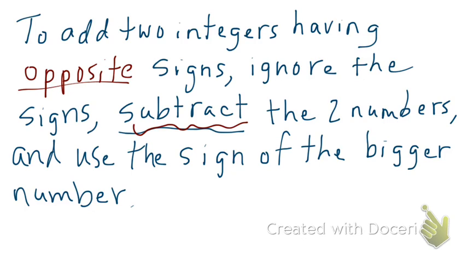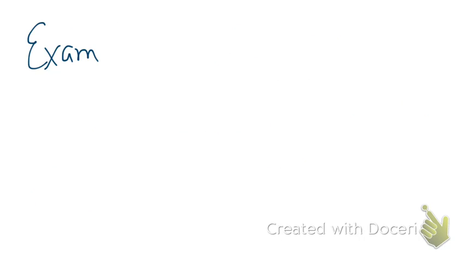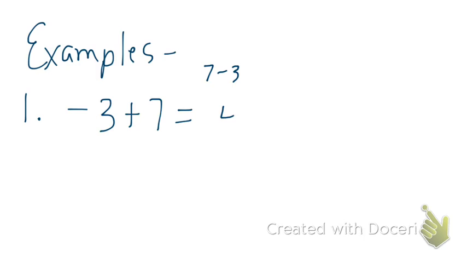There we go. Use the sign of the bigger number. Alright, so let's go ahead and look at an example, or a few examples. -3 plus 7. So first of all, these are opposites, and so we're going to subtract 7 and 3. So again, we're ignoring the signs. We'll subtract the smaller number from the bigger number. We're going to get 4. Well, the 7 is the bigger number, so we're going to use its sign, and so our answer is positive